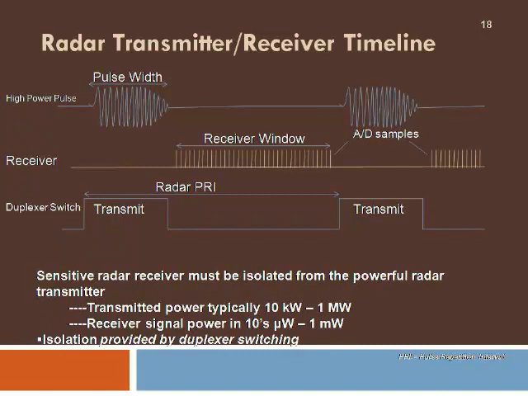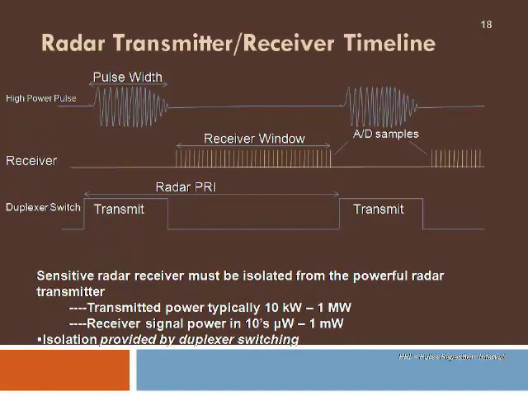While the transmitter is connected, the antenna will get power in the range of tens of kilowatts or even megawatts. Whereas when it is receiving, the antenna will be receiving power in fractions of watts, maybe of the order of 10 power minus 24, minus 22 or so, which is very, very small compared to this. The receiver is highly sensitive to process these low power signals and give a very useful output.